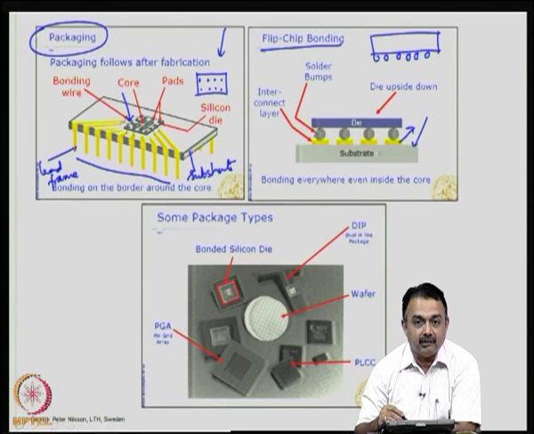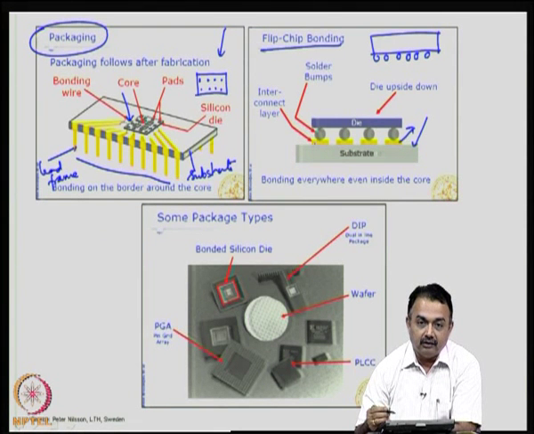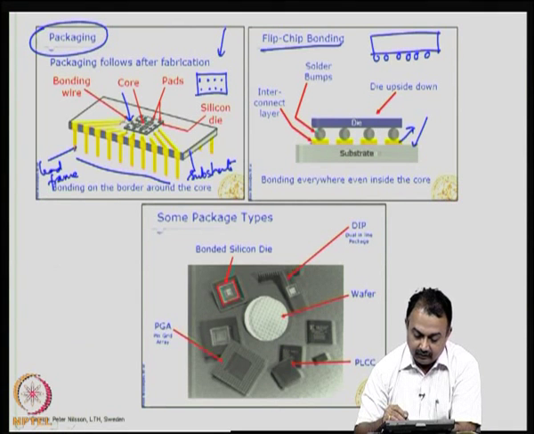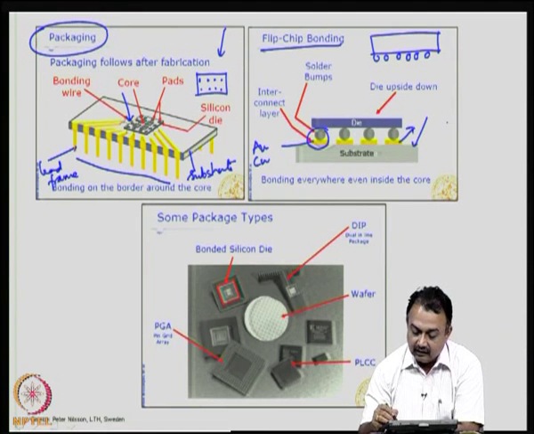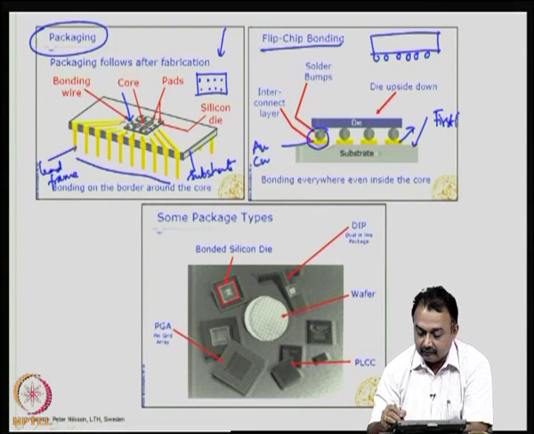The solder bumps will establish the connection with the substrate, and what you see here, the yellow color on the substrate is the interconnect layer. It can be a normal conductor like copper or it can be gold. Okay. So, this can be gold or it can be copper. Now, a connection is established between the solder bump and the bond pad on the substrate. So, this is also known as a first level interconnect or first level interconnection.